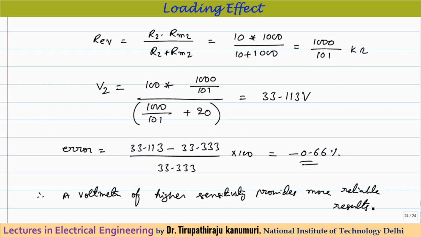That's why whenever you are purchasing a voltmeter from the market, you have to see, for a given type of measurement, which voltmeter is taking minimum possible current. That means which voltmeter is more sensitive, so that will give better results when compared to whichever instrument is taking more current or more loading effect. So that precaution should be taken care of. I hope this concept of the loading is completely clear to you.